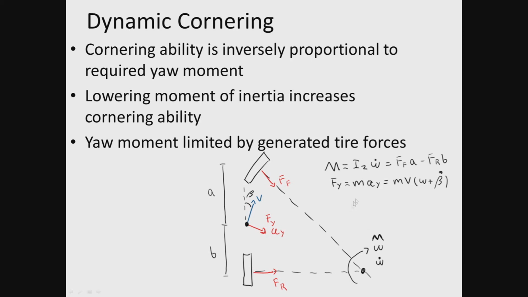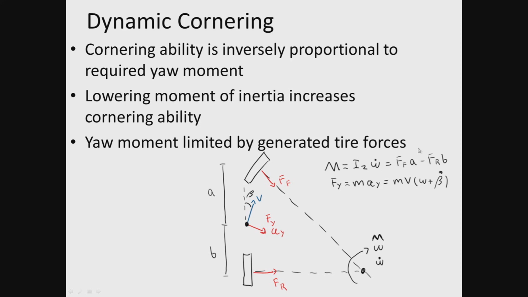How close to the center of gravity you have all that weight concentrated is going to affect the moment of inertia going through your center of gravity. And so not only do you want to consider weight reduction in the vehicle, you want to consider weight placement and how close you can get that to the center of gravity to reduce your moment of inertia. The lower this is, the less force you will require in order to go around the given corner. And that will be able to increase your centripetal acceleration, your angular acceleration, or it will just decrease the force